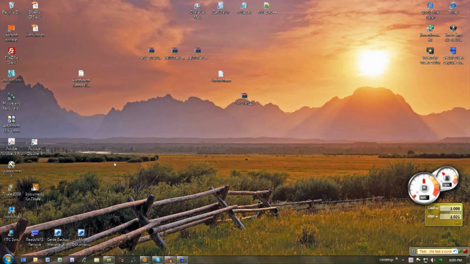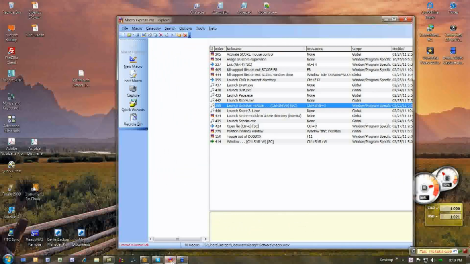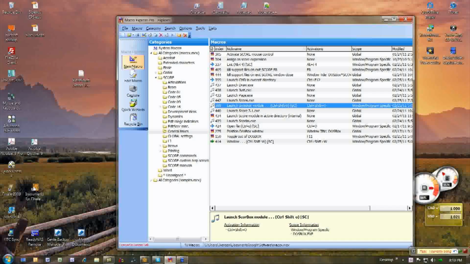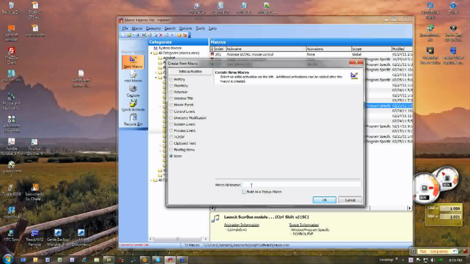By the way, just a little postscript addendum, I couldn't help myself. I'm going to construct really quickly an additional macro, and I'm going to place that macro into my Launchpad that we've been using throughout this demonstration to give us more options. I'm going to go to Macro Express, say create a new macro. I don't need a hotkey. I'm going to call this one